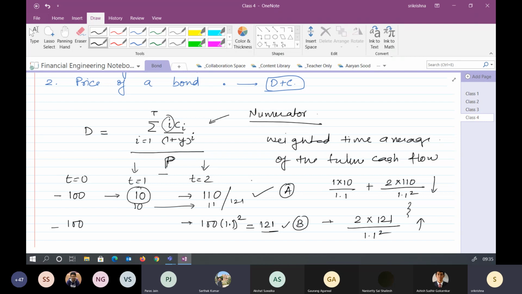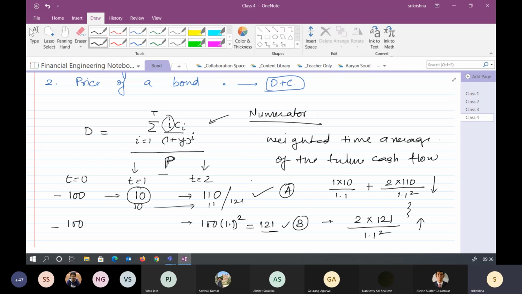Please ask if you have a doubt, because I try to explain technically what the meaning of duration is. So, what if the interest rate differs for two different bonds? Will the duration get affected? Sorry, yield to maturity. If the yield to maturity for two different bonds is different, when we are comparing duration, what we are doing is comparing between the two bonds with the same return and the same maturity.